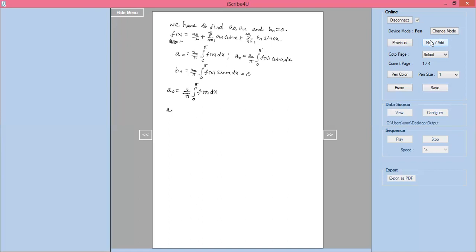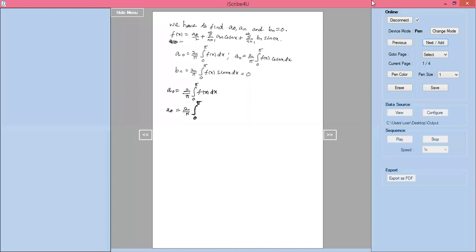Now a naught equals 2 by pi into the integration of 0 to pi of f of x. That f of x is nothing but x square. So f of x is x square, so x square into